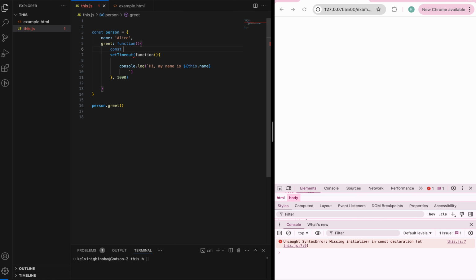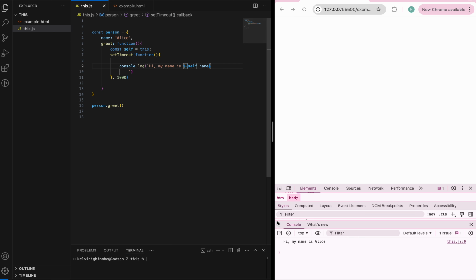We can do this by saying const self = this. What we are doing here is storing the reference of the person object inside a constant, which is self. Now if we come over here and do self.name,